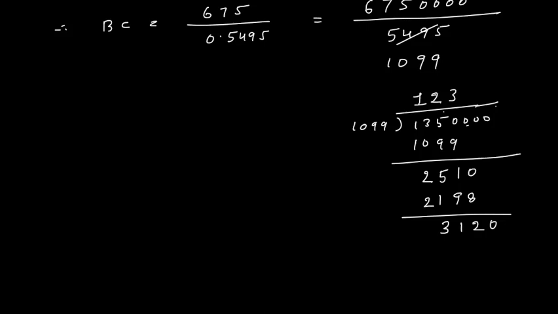So no, I will take 2 times. 2 nines are 18, 1 carry, 19. 2 ones are 2. Now 10 minus 8 is 2, 11 minus 9 is 2, here 10 minus 1 is 9. Then I will again bring down a 0. So this 0 we have brought down here, then this 0 here, and this last 0 we have brought down.